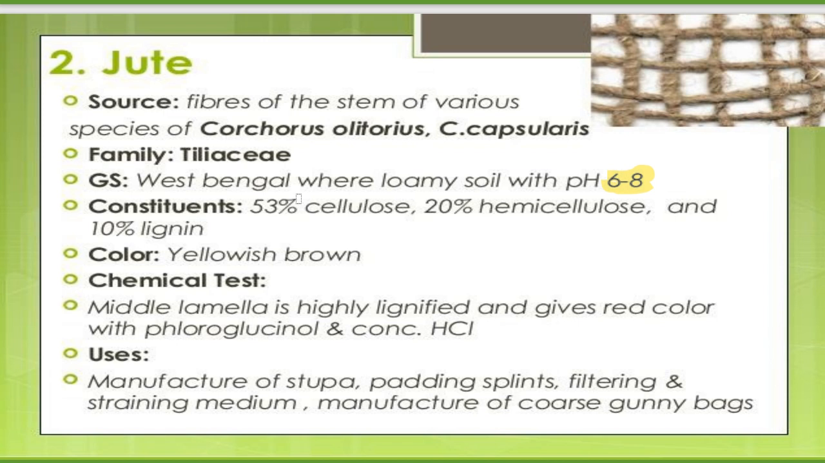Where is it obtained? In West Bengal, जहाँ पर loamy soil होता है with a pH 6 to 8। अब उसके constituents देखो क्या है। अभी कॉटन में लिग्निन नहीं होता है बट इसमें लिग्निन होता है। कॉटन में 90% सेल्यूलोज था, यहाँ पर 53% सेल्यूलोज है, 20% हेमी सेल्यूलोज है एंड 10% लिग्निन है। ओके रिमेंबर, जूट में 10% लिग्निन होता है।